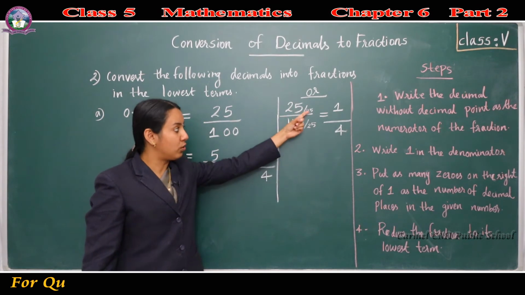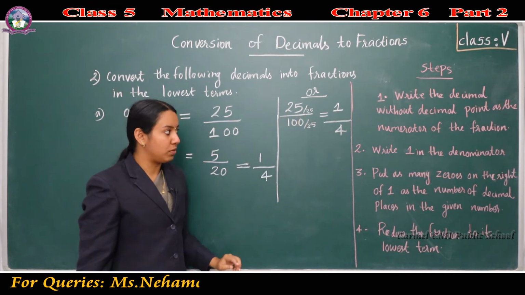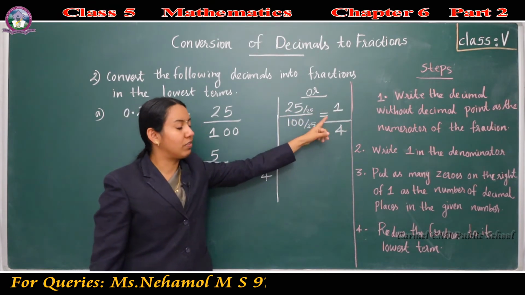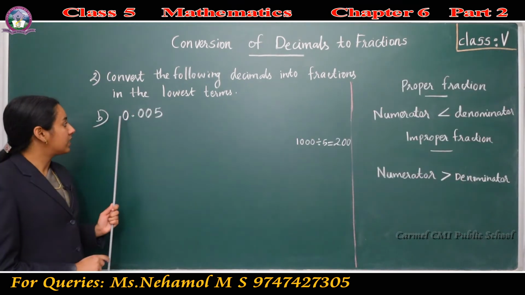If you take 25 for dividing both numerator and denominator, from here itself you will get the same number as the answer. Next one,